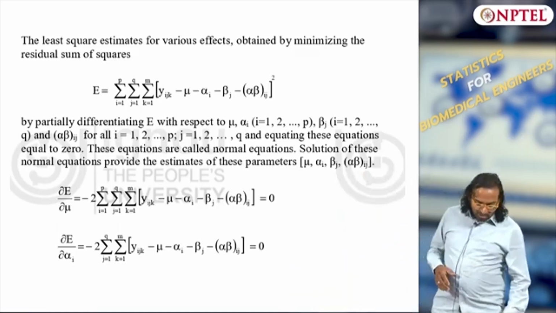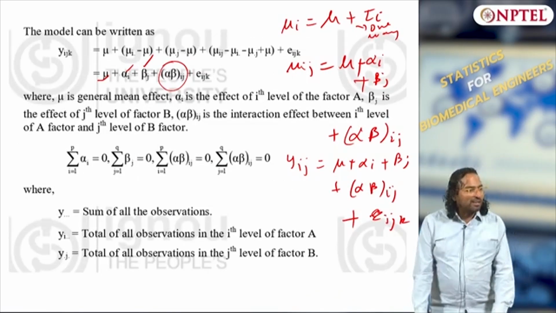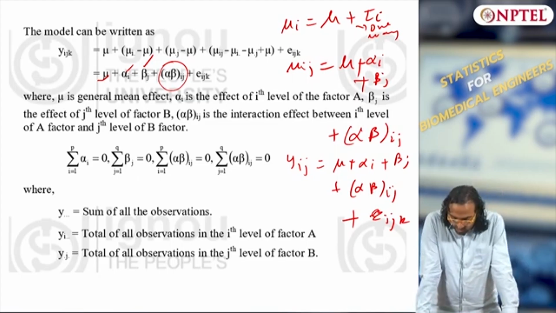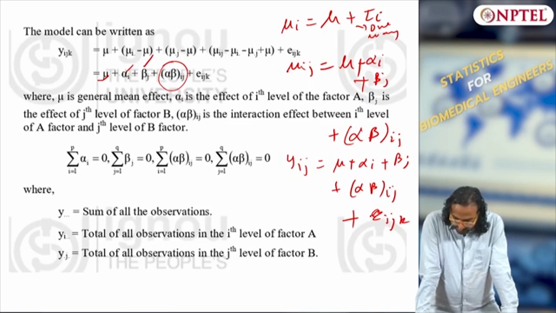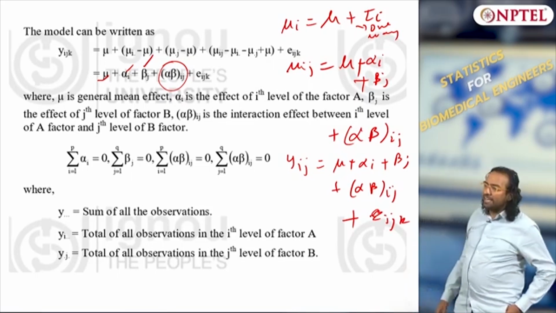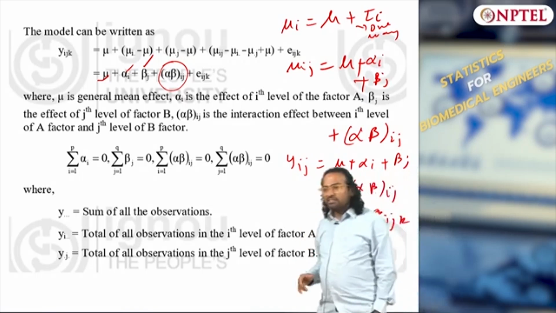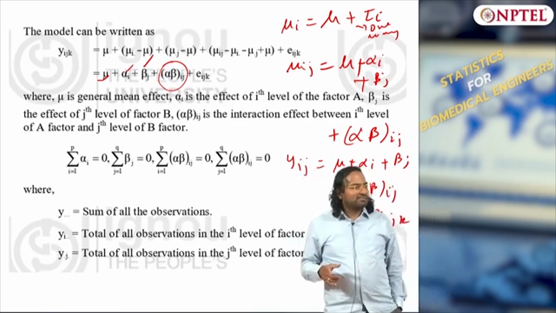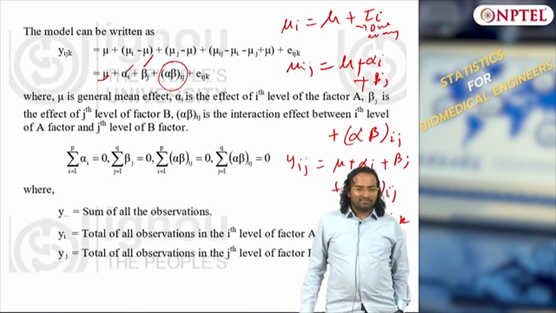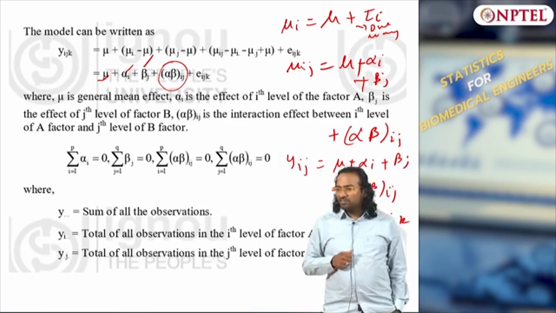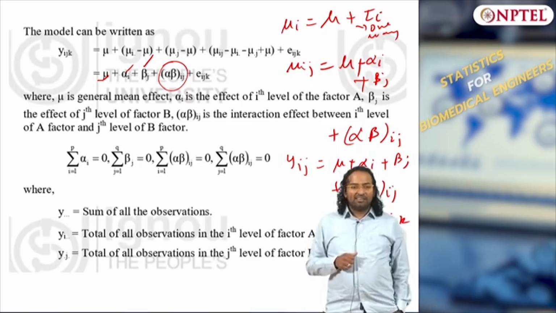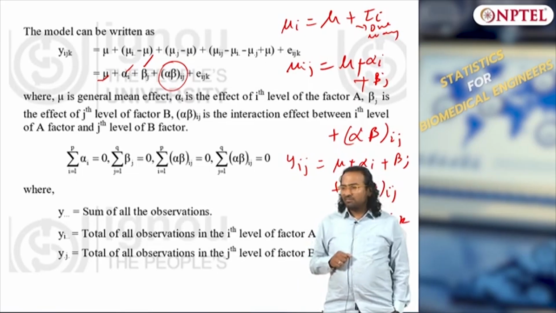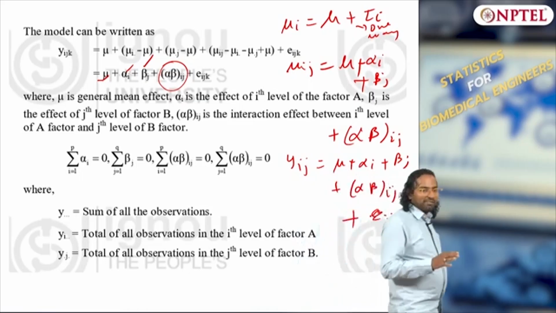You can think about how many equations there will be if you want to take a regression approach, meaning the rule based approach. Suppose there are I levels for A and J levels for B, the total number of equations is I plus J plus, what about interactions? Now you have interactions also. I plus J plus IJ plus 1, that will be the total number of equations if you go by the rule,